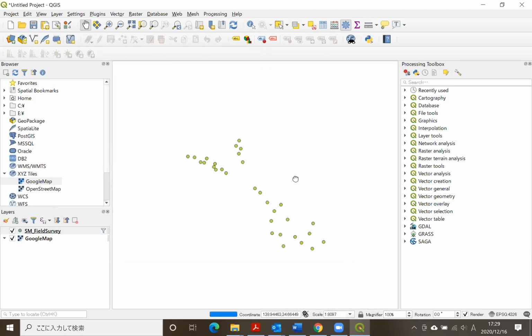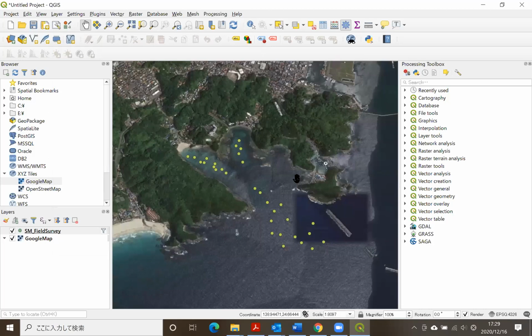I zoom out, so the overview is like this. So maybe should I wait a moment? Okay. So